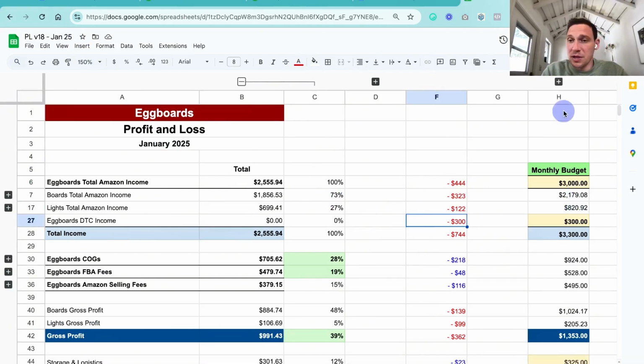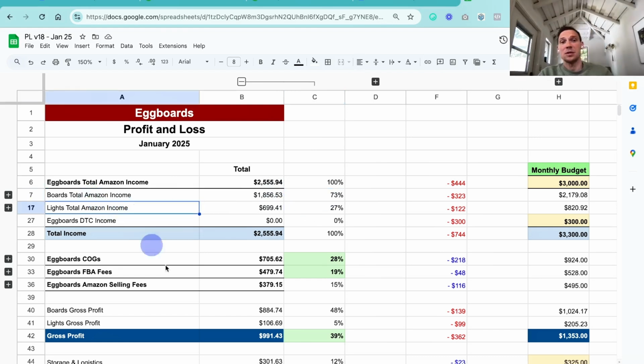You see other numbers over here because I have a budget that I compare to. For example, I aim to hit $3,000 of income every month. January is a slow month, so it is understandable that we made less than this, but this is why it shows then red or blue based on whether I hit it or not. Back to this, what is interesting is that I break it down by product. So Eggboards made this, and 73% of my income came from my boards, my skateboards,